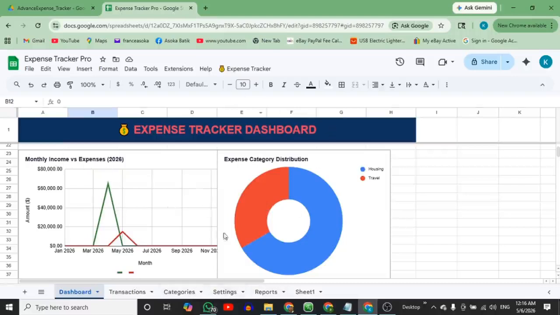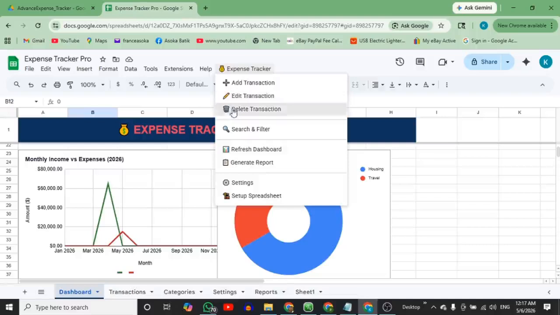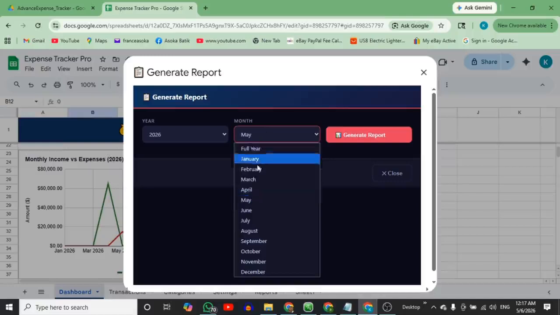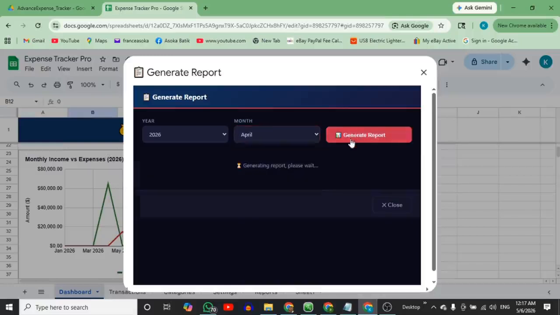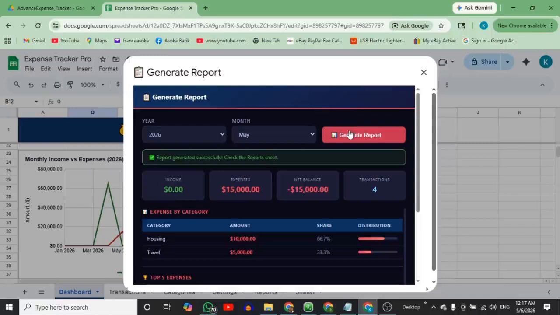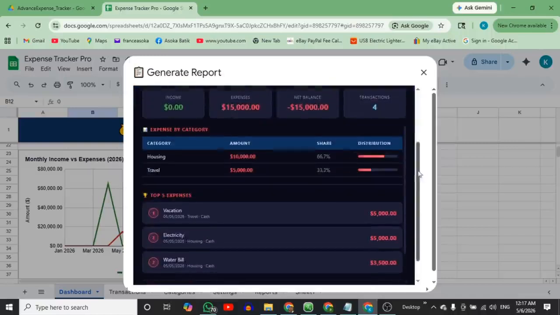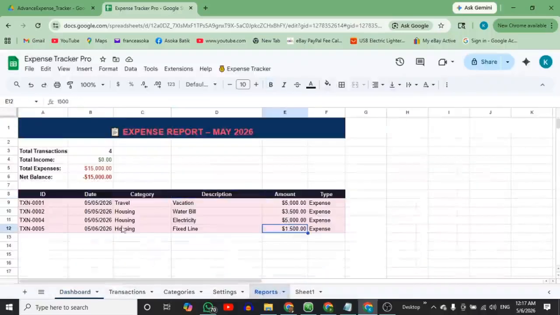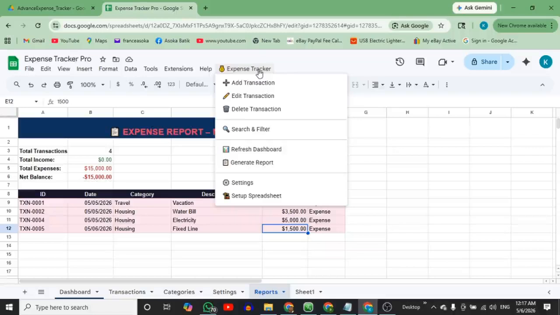Now if you want to generate any report, again click on the custom menu, then select generate report. Here you can select any year, and this is to select the month, and click on generate report. Now you can see this kind of report. If I select May, likewise you can generate a report based on the available data. So this is the expense report for 2026 May. So actually you can analyze your income and expense based on this